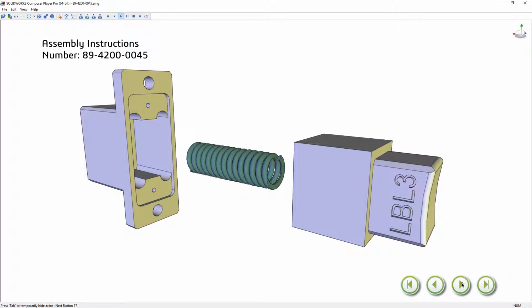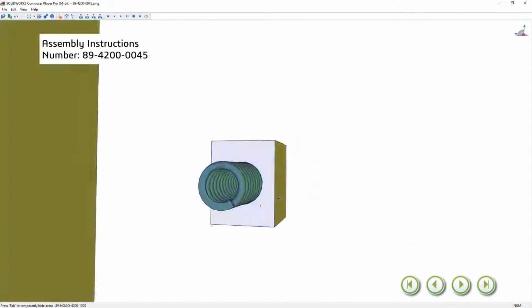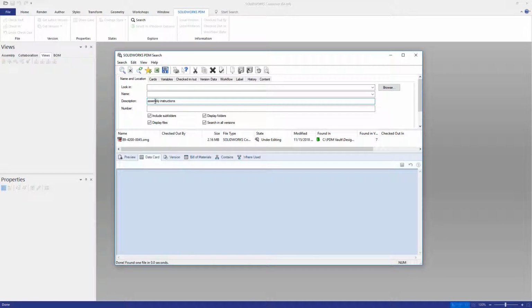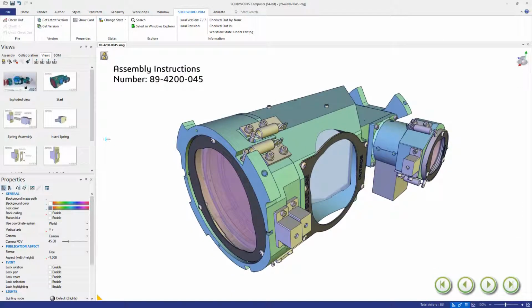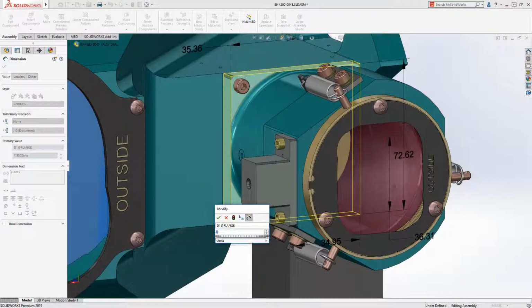SOLIDWORKS Composer enables you to go to market faster while creating a more engaging experience for manufacturing operations. This process is further streamlined when your technical communication projects are managed with SOLIDWORKS PDM, enabling you to work anytime and anywhere, providing release and change automation, and ensuring you're working with the latest version of the design data and